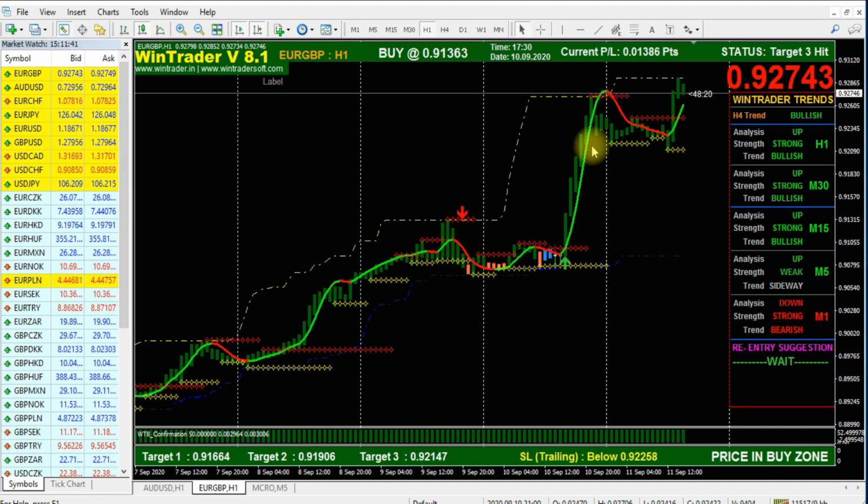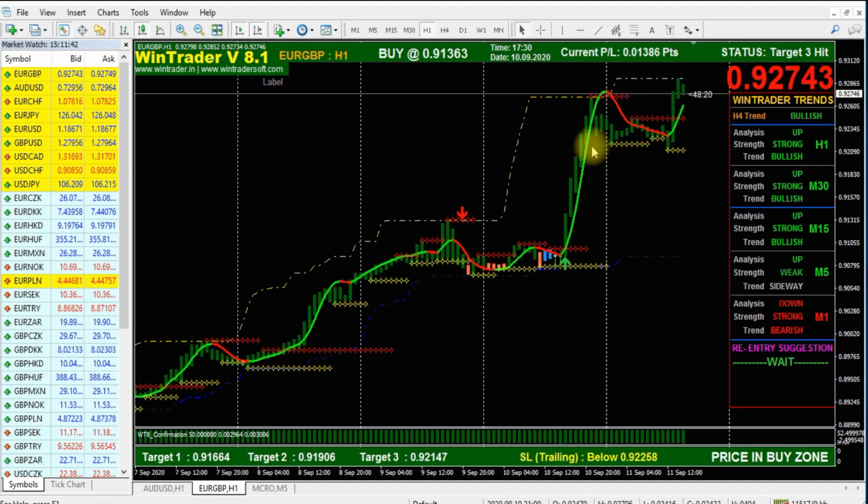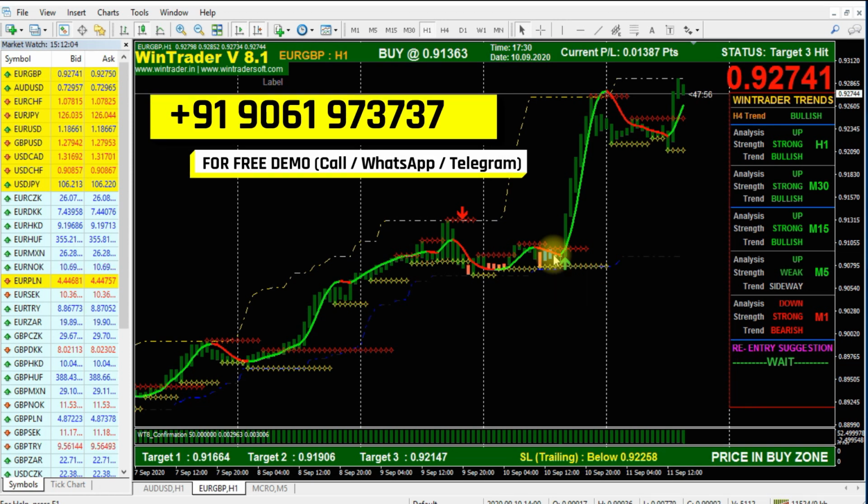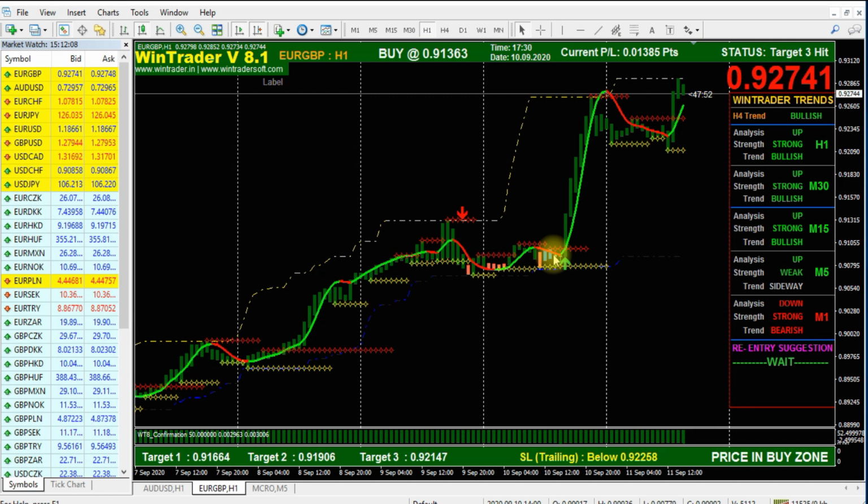Apart from these two colors, you can see some other colors displayed, like orange, light blue, white candles and empty candles. These are the indication of sideways. It means if the market is going sideways, then the software will automatically change the colors of the bar, giving an indication that it is going sideways. If we use the normal candlestick pattern, we can't identify the sideways market. That's why we are using the bar chart pattern. But if you prefer only the candlestick pattern, then you can convert it to candlestick pattern.